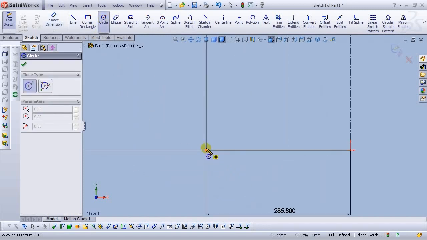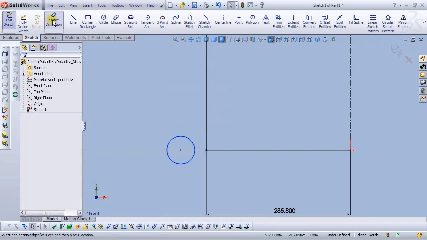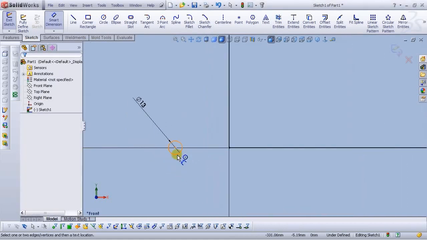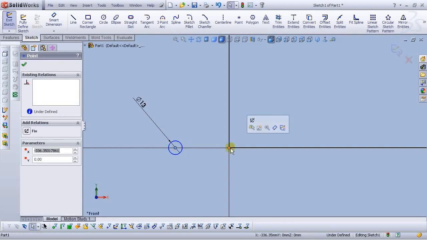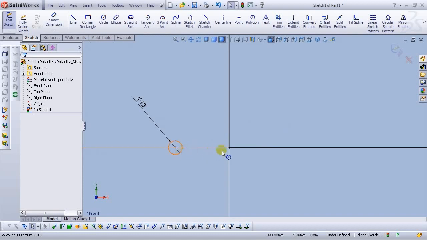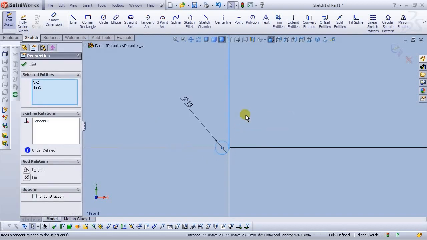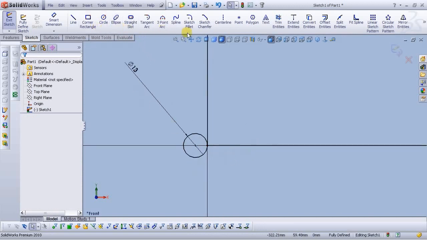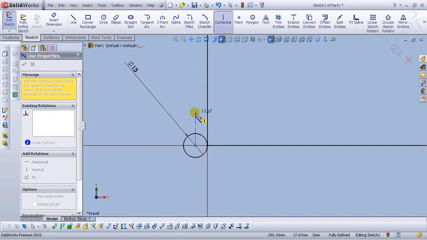Now let's add some circles. Let's mark dimension 13 millimeters. And let's make this horizontal relationship. Okay, and tangent. Okay,